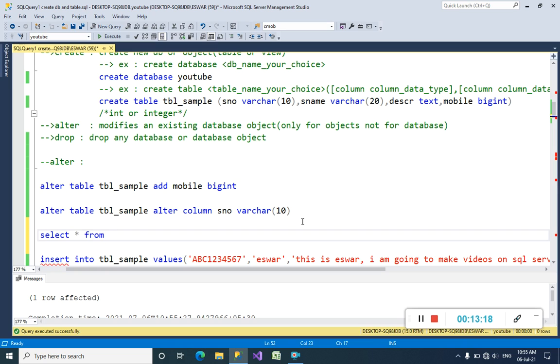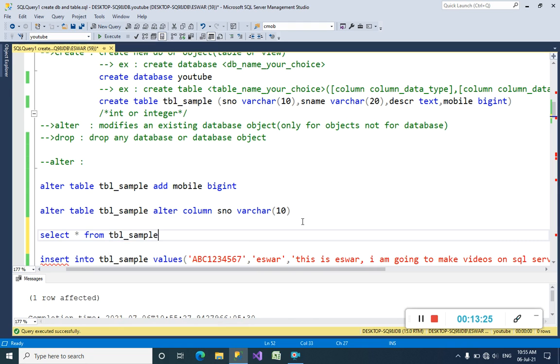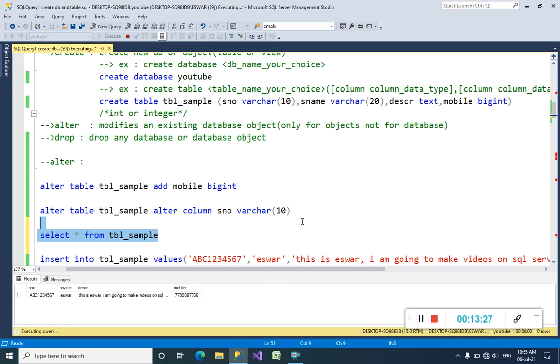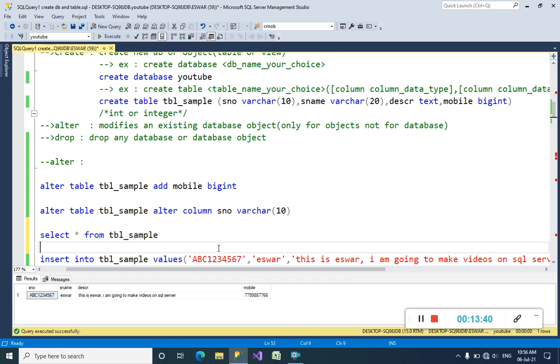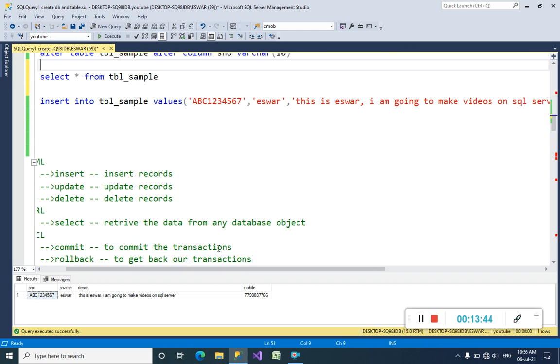We can check here: select star from tbl sample. Control E. Yes, it has inserted ABC 1 2 3 4 5 6 7. So we can write any number of characters in this column using the text data type, and mobile.